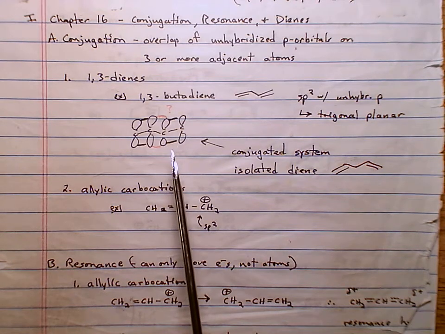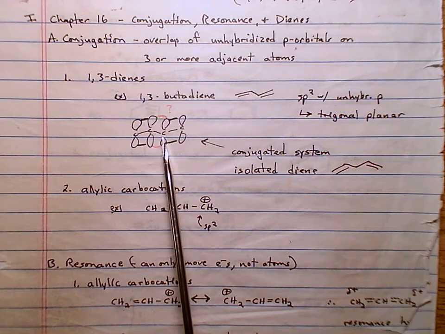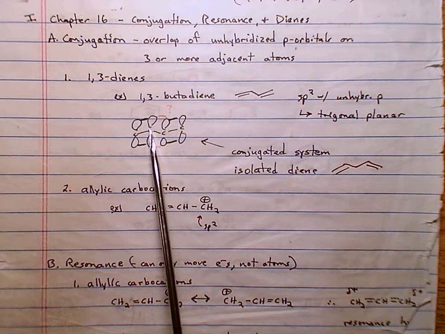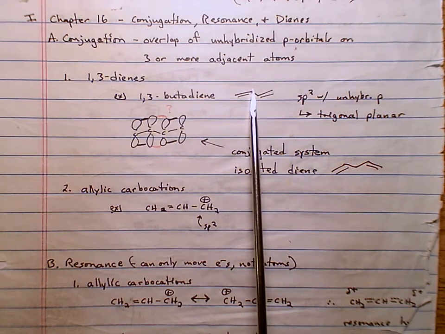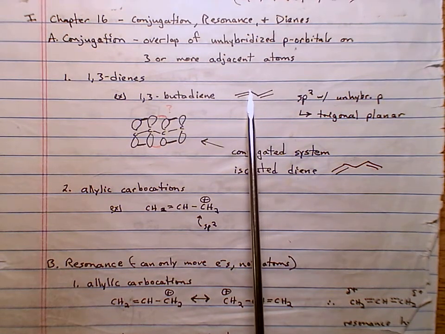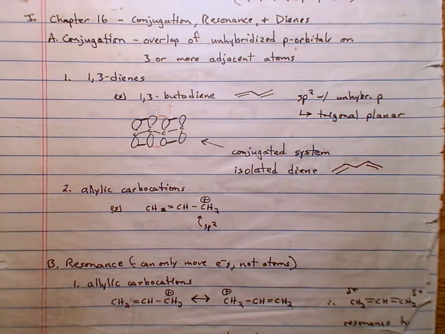But the question is, if we have an unhybridized p orbital on this carbon and an unhybridized p orbital on the third carbon, can't we get a pi bond there? Can't we get overlap between an unhybridized p and an unhybridized p here and get a pi bond there? We are going to look at that further. The truth is we can kind of see that you can get some overlap there,